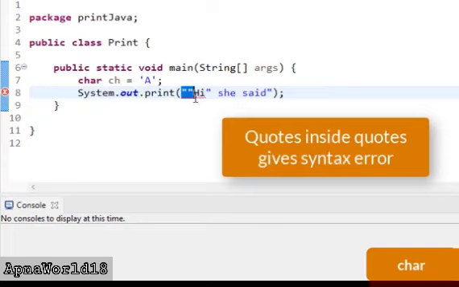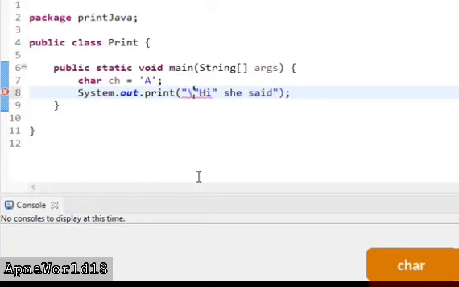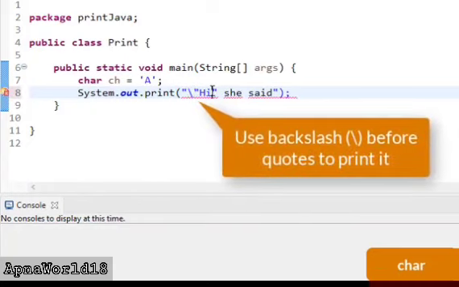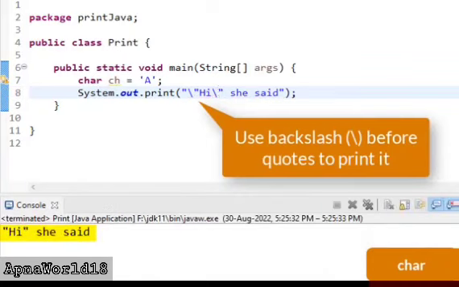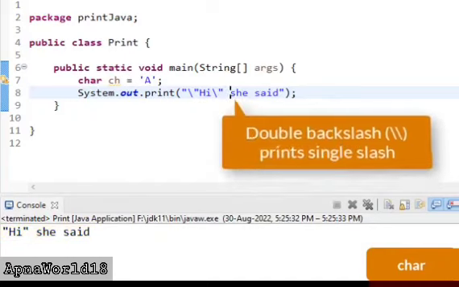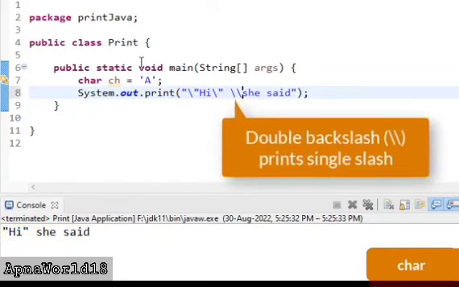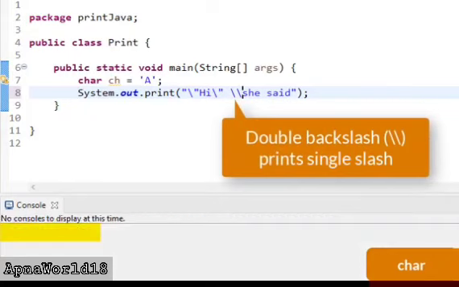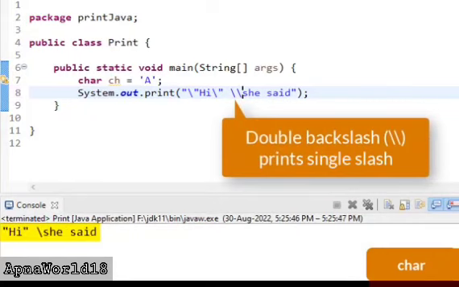So if you put it in a print statement, it will give a syntax error. To avoid this, we put a backslash before the quotes which we want to print. Now the print statement will print the statement with quotes. Similarly, if we want to print a backslash, we use a double backslash. This will print a single backslash, as the first backslash is only there to indicate that the backslash is to be